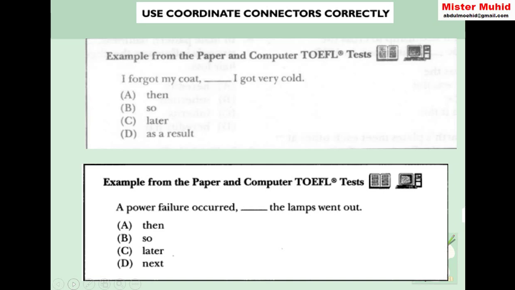It is also the same as the second sentence. A power failure occurred. Power failure is the subject, occurred is the verb. The lamp is the subject, went out is the verb. Yeah, that's correct. The answers are all B. So the answer is so. It's like my sample sentence before. Okay,